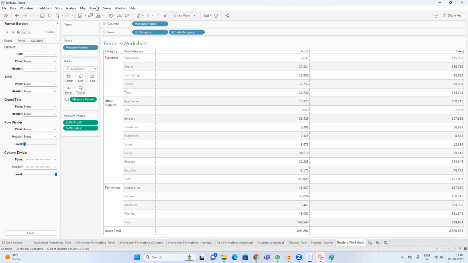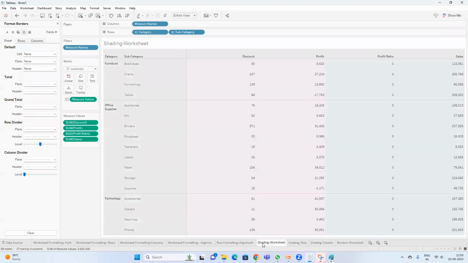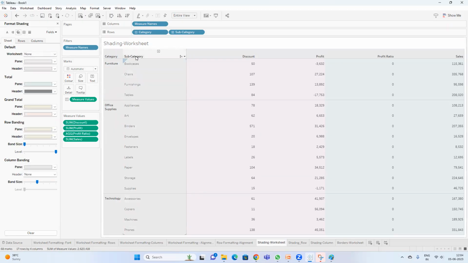Shading, I guess. You are asking about shading, right? Okay. So shading is nothing but, at worksheet level, if you do a formatting, so let me just create